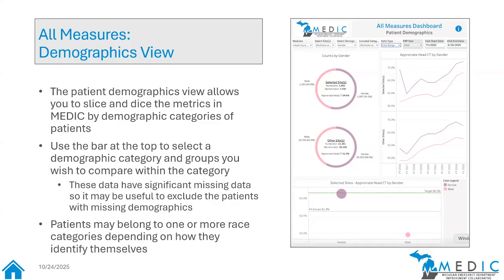Everyone that is not selected will be aggregated together there. Same thing on those line graphs. The top is going to be your selected sites. The bottom is going to be your unselected sites all lumped together over time. And then at the very bottom of the screen, there's the little dot plot. Basically what that represents is, within your own selected sites, the rate of the metric for whatever time frame you have selected.